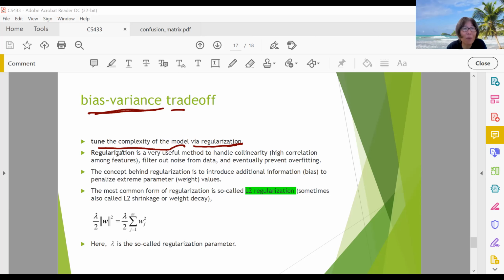Regularization is very useful to handle collinearity, that is, high correlation among features, because there may be some correlation between features. It is also good at filtering out noise from data, and it can prevent overfitting. And how regularization works